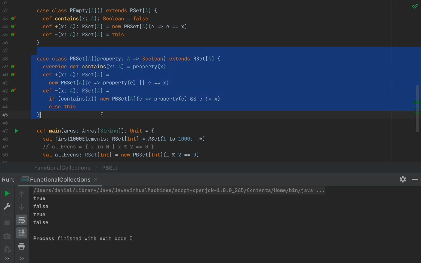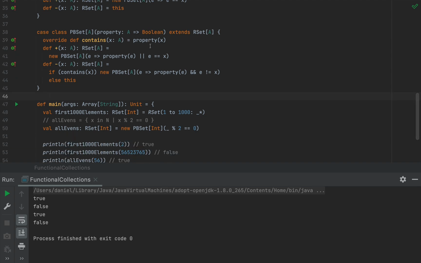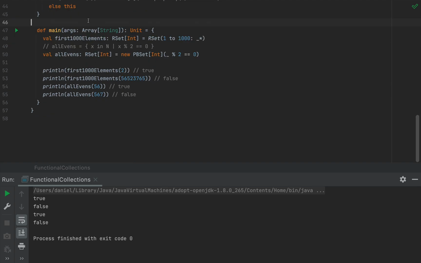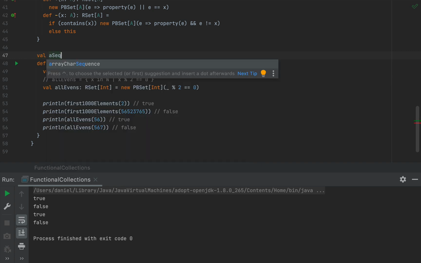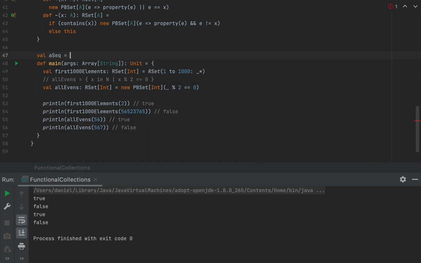So if you get the idea of a set as a function out of this video, then I've done my job well. Now, with this kind of idea clarified, we can easily extend it to other collections. For example, you can think of a sequence, and I'm going to define a sequence,